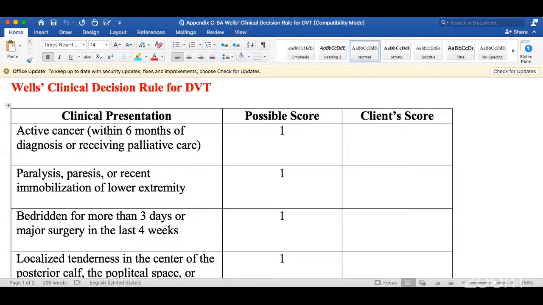strong basis for us to argue our point that yes, if you want us to get more clients assessed or treated, we need more hands, because we can't be rushing through our patients. We want to give them the very best. So I think this can also be a way of arguing our points, to let them know that more hands are needed at the physiotherapy department to help us give the best to our patients, so that we don't just rush them through assessments without coming to a logical conclusion